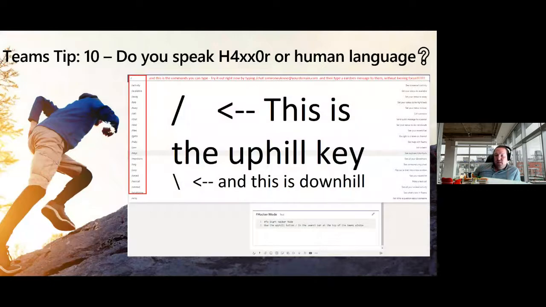So using the "/" key is one of my favorite keys, especially in Teams where it's not so easy to move around between different things. So using this key in the chat window that you see on top of your Teams client, and actually doing that in the middle of a meeting and saying, for example, "/chat", and then typing a name